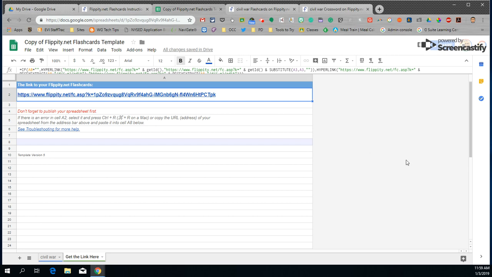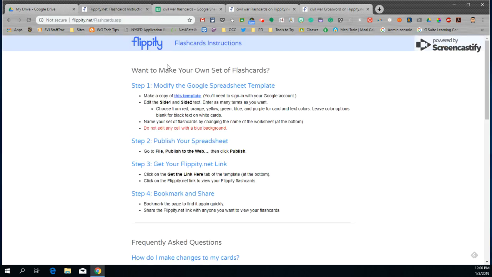I would think it's good advice to bookmark this. You can always save it. You can rename it. I would rename this one Civil War flashcards. And you can use it time and time again. So once again, flippity.net,